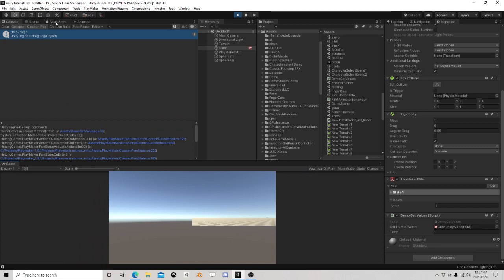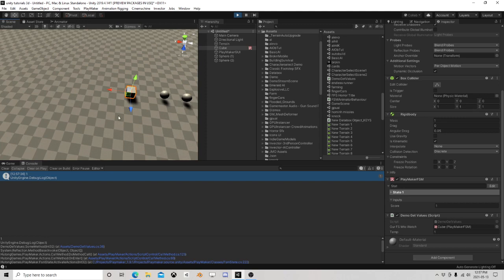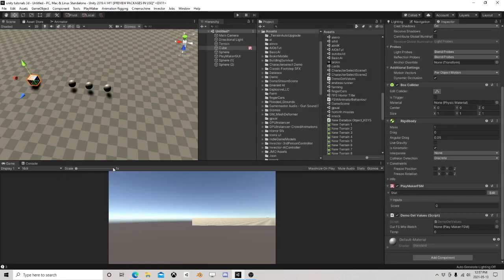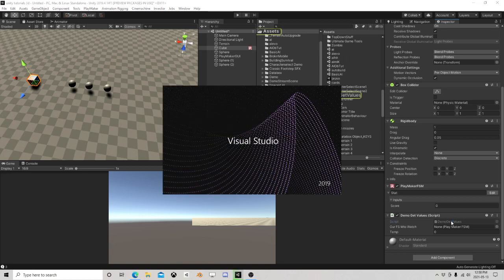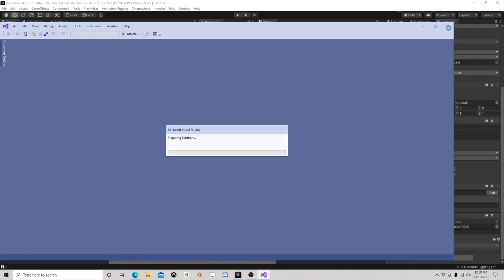I'm going to drag this down here. All right, so there's 1 because it's calling that method. There's 2, there's 3. So now our PlayMaker is now calling methods. And vice versa, we can go the other way too, right? Such as,